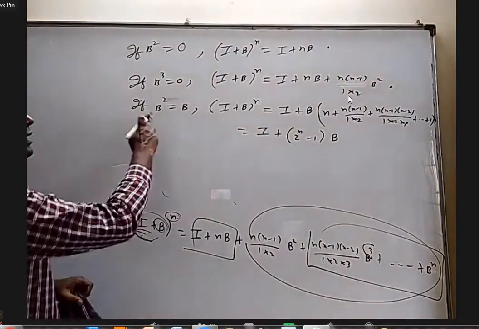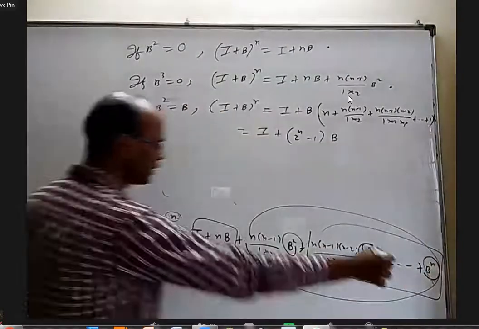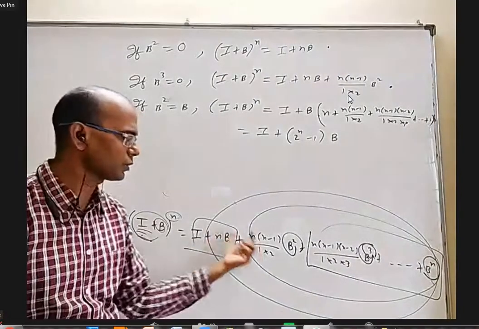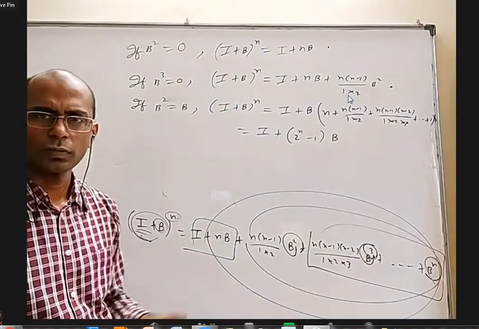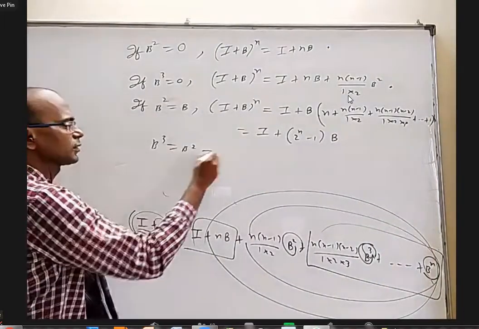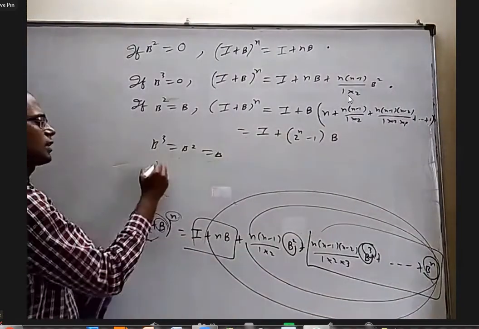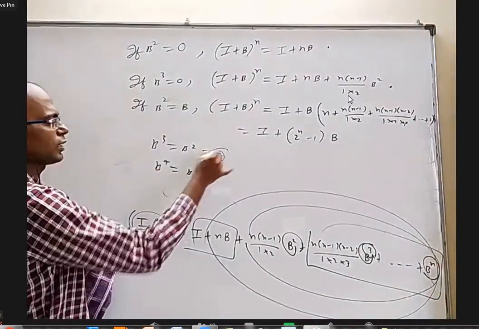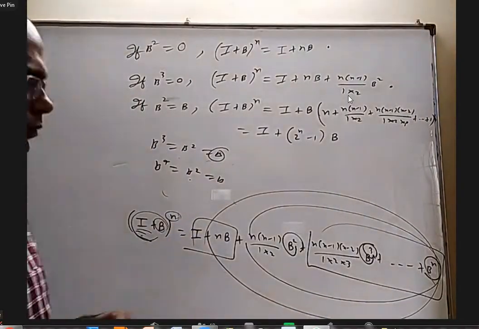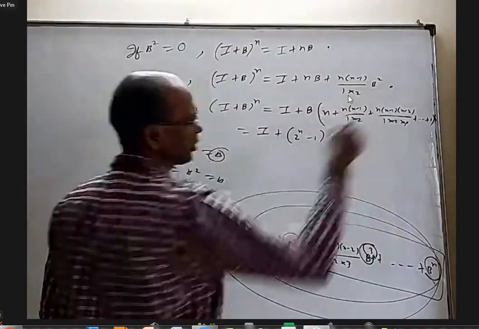But when B square is B, this is also B, this is also B, this is also B. I am taking B common from all these terms, and here I am left with the coefficient. Sir, if B square is B, then how is B cube B? You multiply B on both sides, you will get B cube equal to B square, and B square is B again. Multiply B once again, you will get B power 4 equal to B square, and that B square is again B. So everything is B, you take B common, you will get all these things.